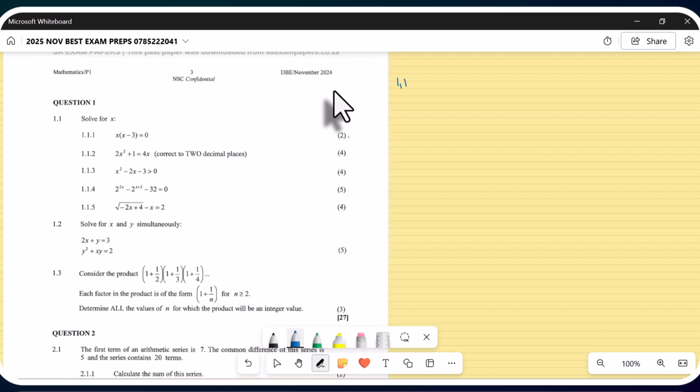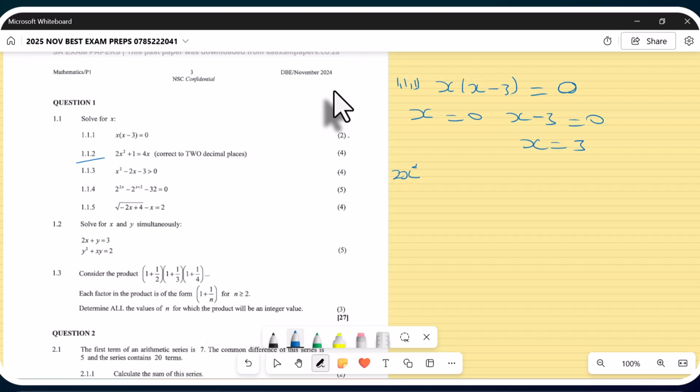So what do we do in that case? Because they said x into (x minus 3) equals 0, because of this 0, it means either x equals 0 or the other bracket is 0. That means x minus 3 equals 0, which gives us x equals 3. That is November 1.1.1. Then 1.1.2, they gave us